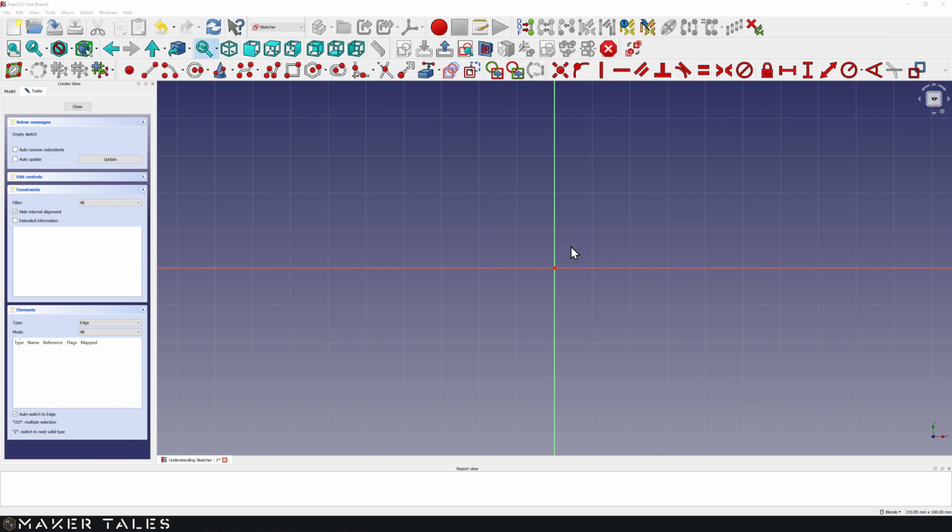So as the Sketcher Workbench is so fundamental to what we're going to be doing here, we're going to break it up into 3 bite-size-ish videos. This video is going to cover all of these line making tools, along with some extra operations here and there. Then we will cover all of the constraints, both geometric and dimensional, and then we will put them both together to do some direct modeling to create our 3D printed box.